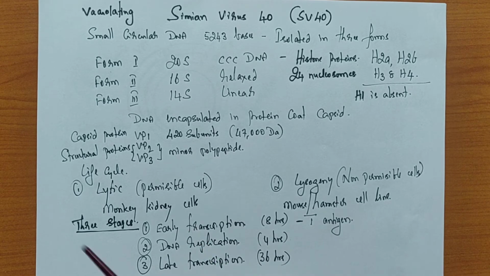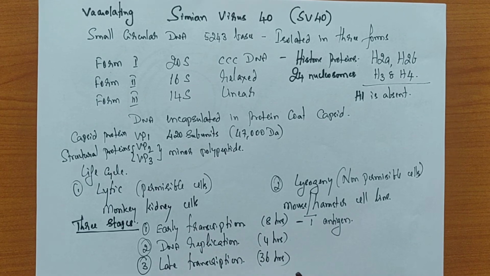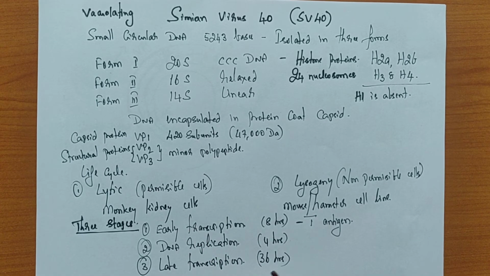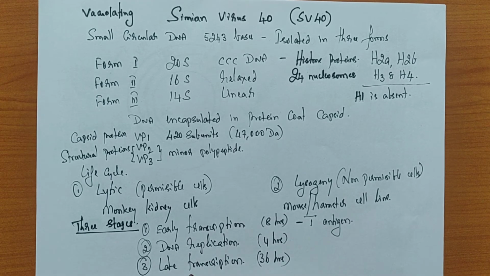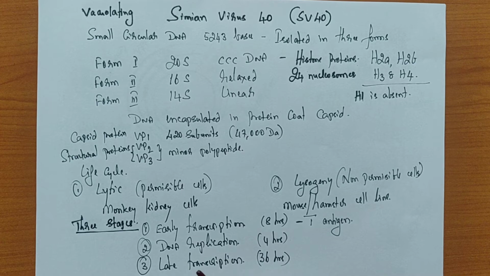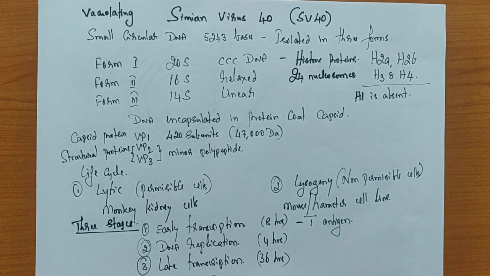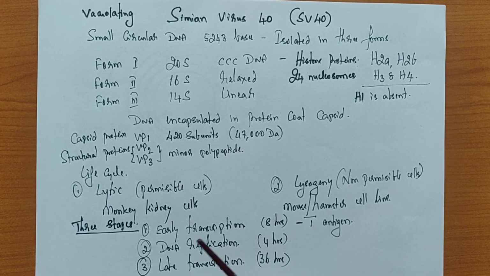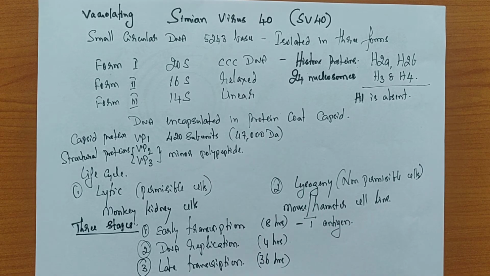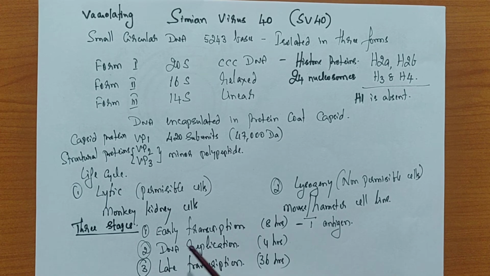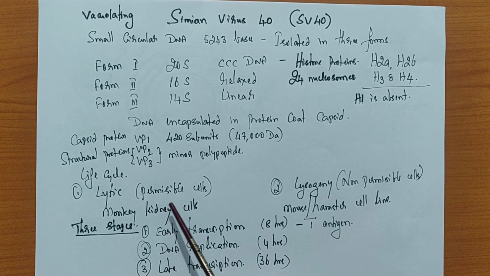In the case of the lambda DNA, the level of regulatory elements determines whether the lambda DNA should enter the lytic cycle or the lysogeny cycle. Here in SV40, it is not the regulatory elements; it is the host that determines whether we have the lytic cycle or the lysogeny cycle. So depending upon the host, we call these permissible cells.